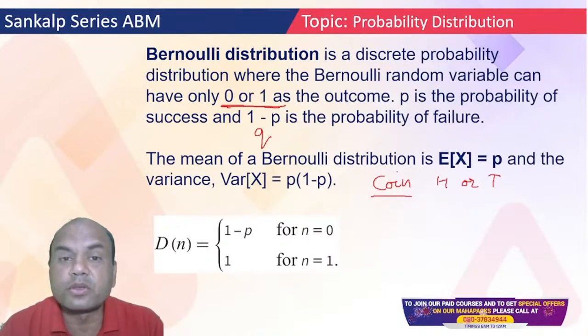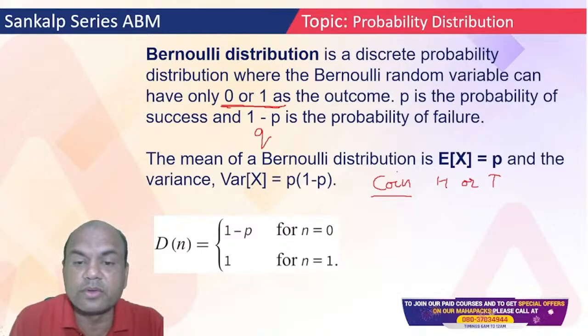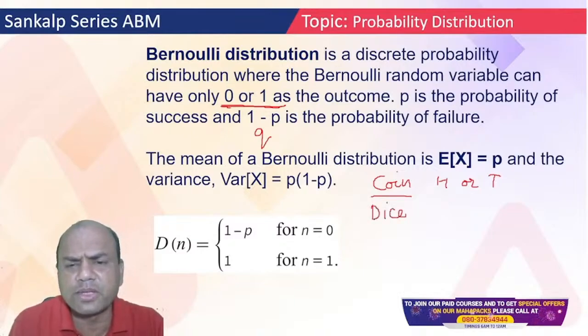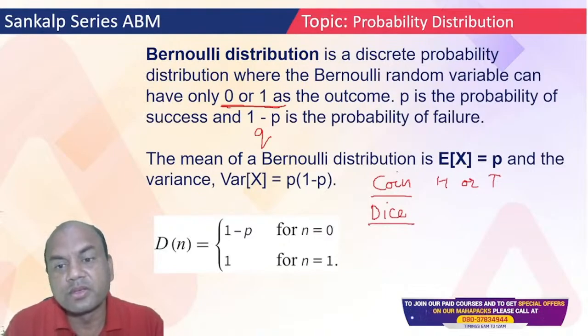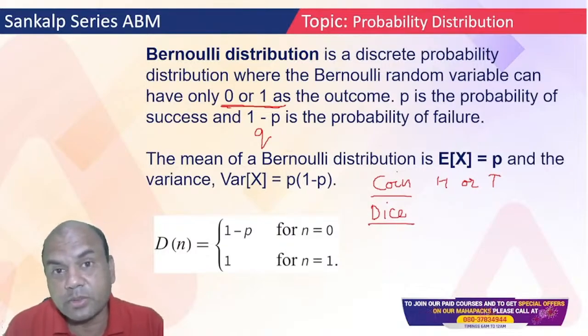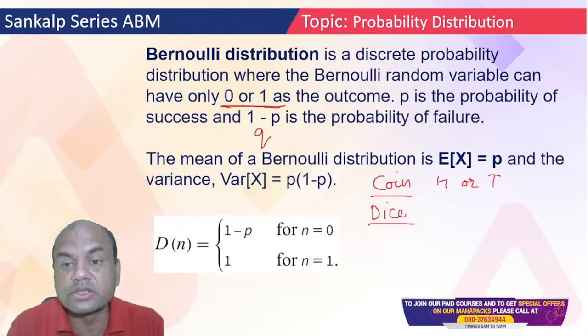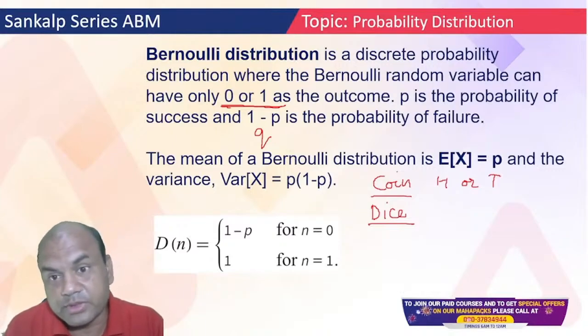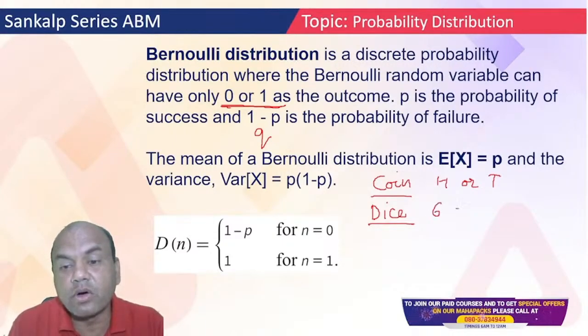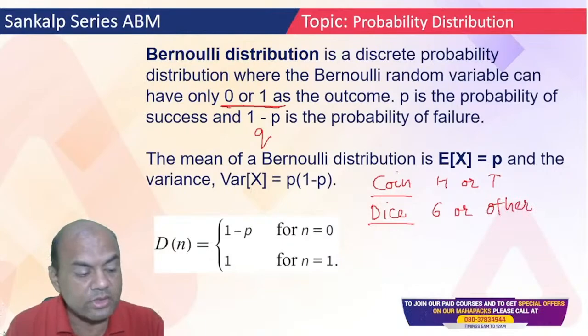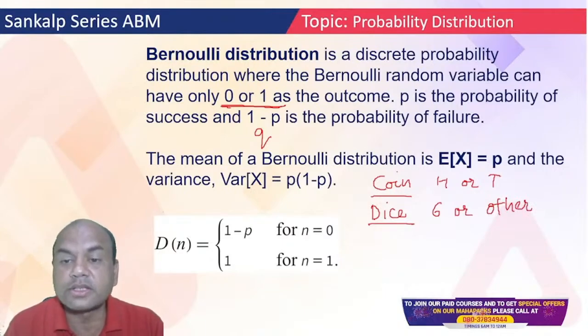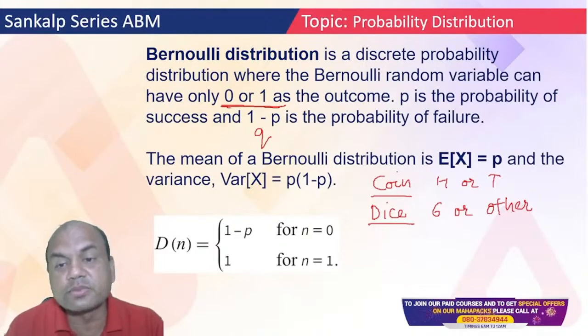Suppose I throw a dice, the dice we played in our school time. Nowadays also we play Ludo and all those games. When you throw the dice, there are 6 options: 1, 2, 3, 4, 5, 6. You'll say, how come 2? That is possible: either get 6 or other than 6. If I have to get 6 on the top or other, it's again 2. This way these problems are framed. So there can be only two answers, remember, 0 or 1 as the outcome.